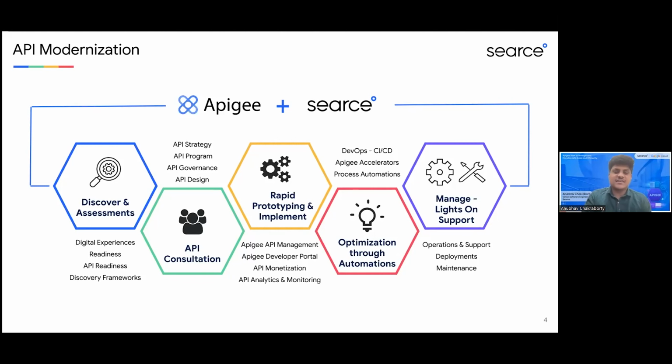Once we are done with the APIs, we move on to the developer portal phase, where we build out developer portals for you. So basically, we help you build out all 3 developer portal options that are available with Apigee. So one, we have the integrated developer portal, which is present out of the box in Apigee. And it's very easy to set up. Very quickly, you can set it up. And the theming capabilities are there, but it has some limitations. So if you want a bit more complex, a bit more